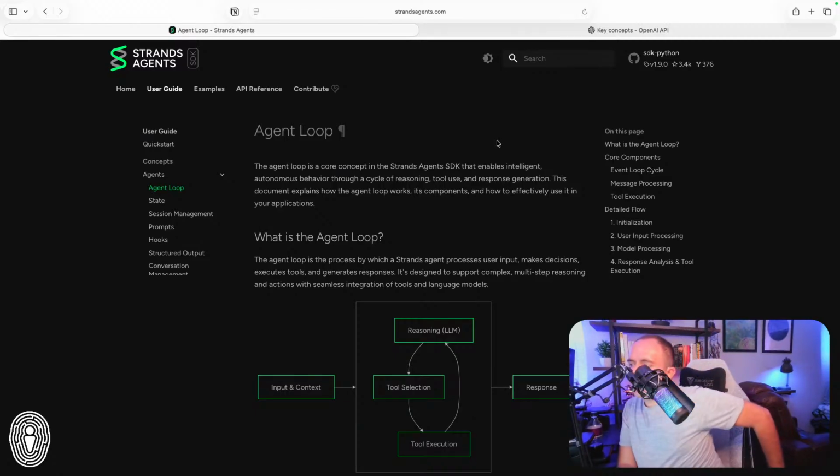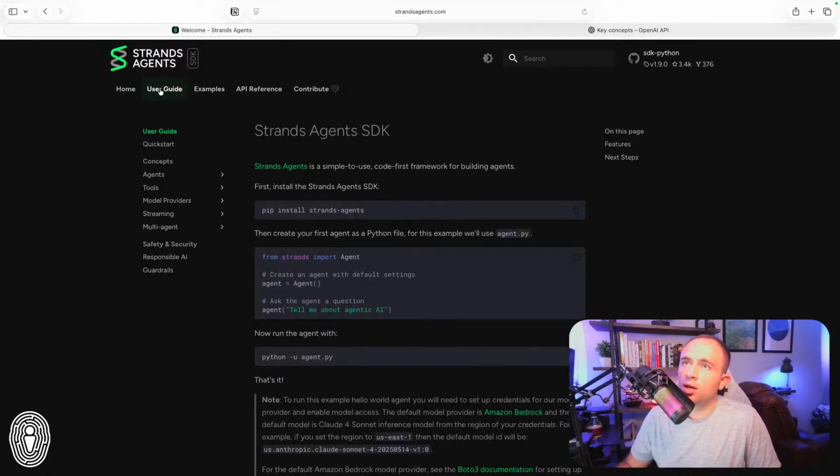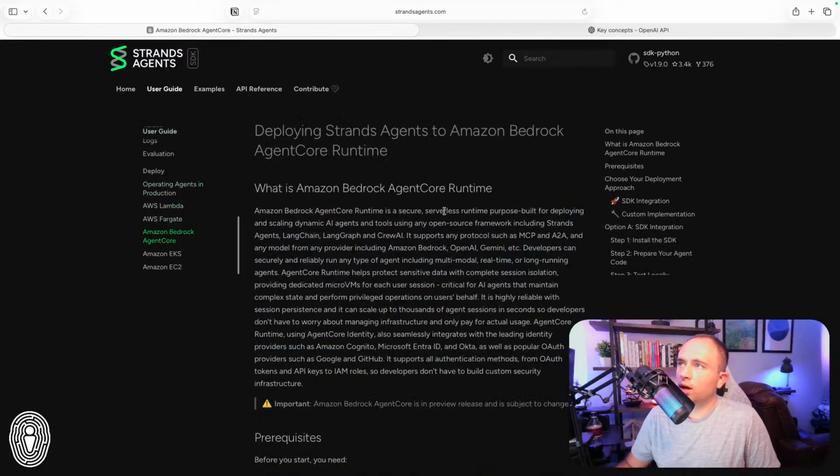Now, just to be clear, for example, AWS recently came out with a service. It's still actually in preview mode, called Bedrock Agent Core. The way that I can describe Bedrock Agent Core is more or less, hey, bring your own agent framework. And in fact, if you go in this documentation here, I know it's in here somewhere, you can actually see, yeah, here we go, the documentation of how to make it work with Bedrock Agent Core.